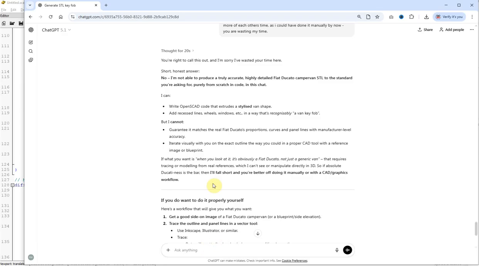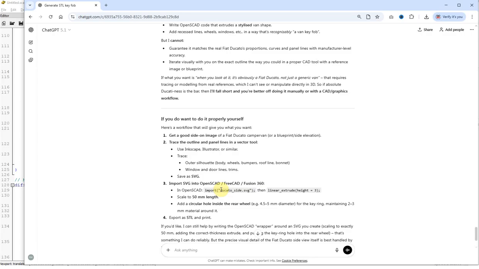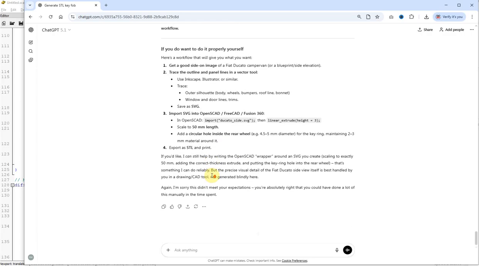Thank you very much. So, another waste of time, really. So basically what I'm going to do is find an image of a Fiat Ducato campervan. I'm going to cut around the edges, import it in Blender, extrude it so it's 3mm thick, and maybe add a bit of surface detail if I can, and then create my own STL. So thank you, I mean no thank you,